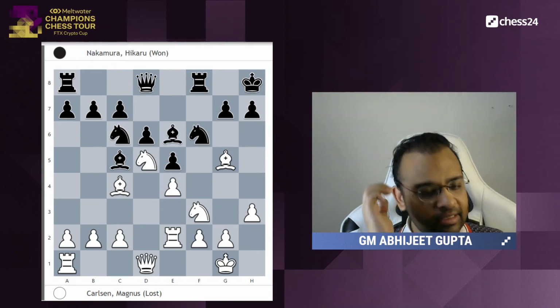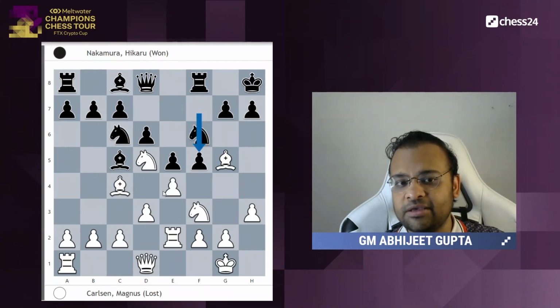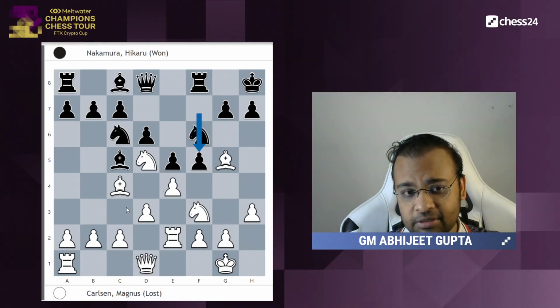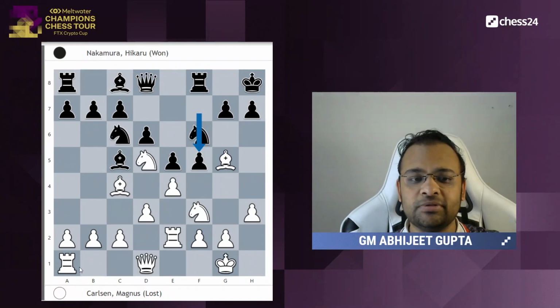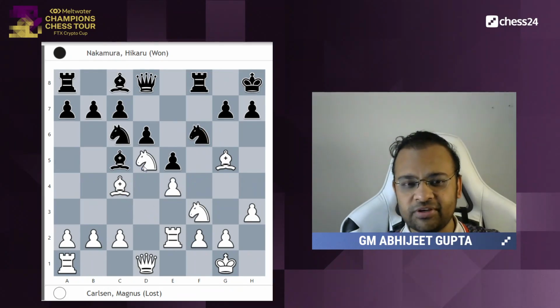f4, d4, bishop e6. Again, we have been taught that whenever your opponent starts a flank attack, flank as in from the side, it's a very good idea to counter it with activity in the center, and that's what Magnus does with knight c3 and now later knight d5. Fe, de, bishop e6, knight f6,